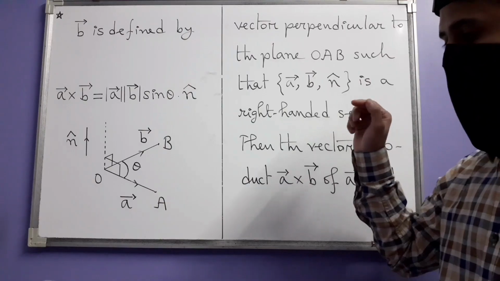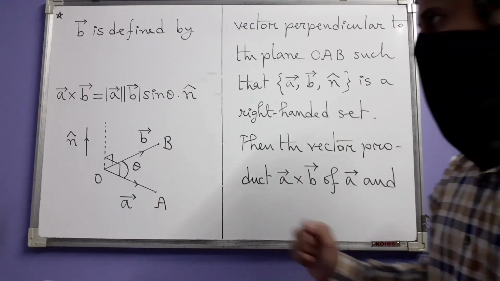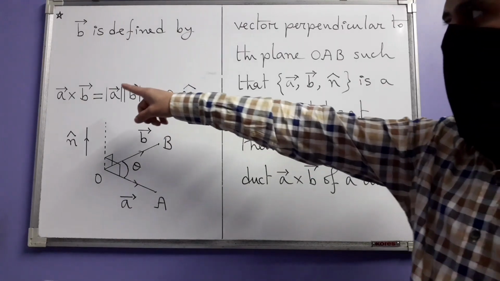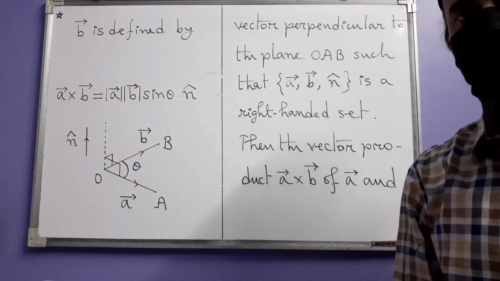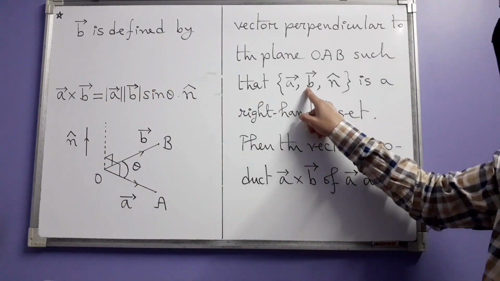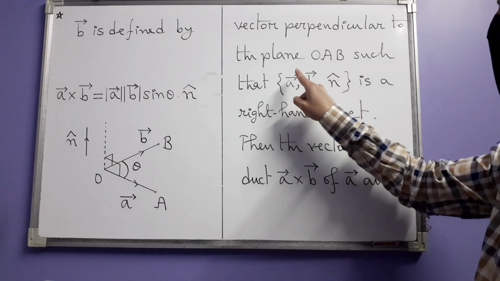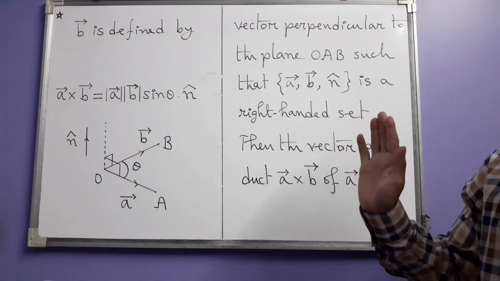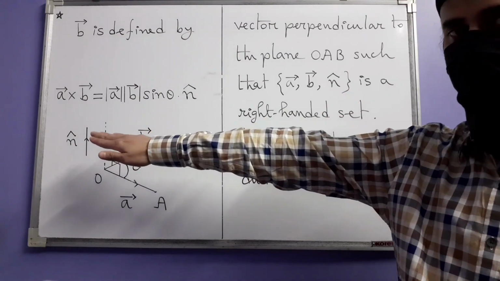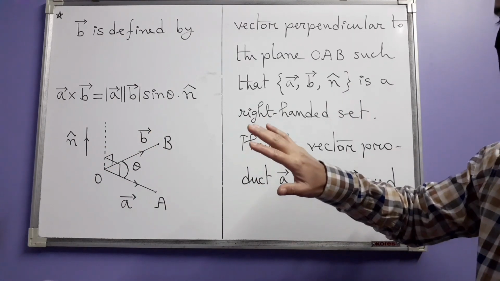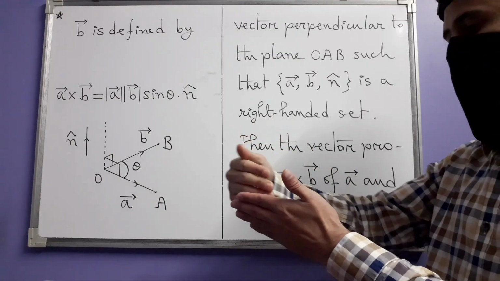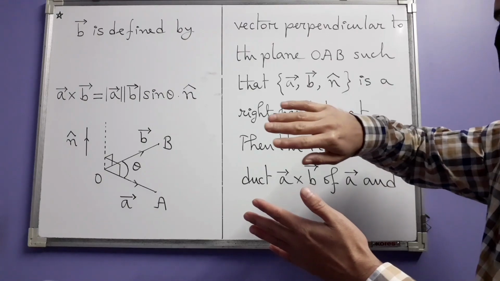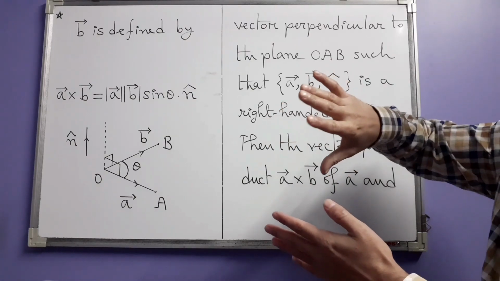Alright, and what did I say just now? That if we change the order, then things change. Say instead of considering A times B, you consider B times A. Then by definition, you have to change this as well. You have to write B here and A here, followed by n hat, but that n hat actually won't really be this n hat. You have to still use your right hand. Still this is your OA and this is OB, but this time you need to come from B towards A,